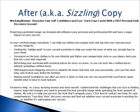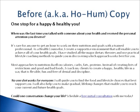So that really gives them a good idea of what they're going to accomplish during the session, and it makes the phone call itself have a more tangible feel. Okay, so that was the first before and after example. So let's move on to a nutritionist that I worked with at one point, and here was her before homepage